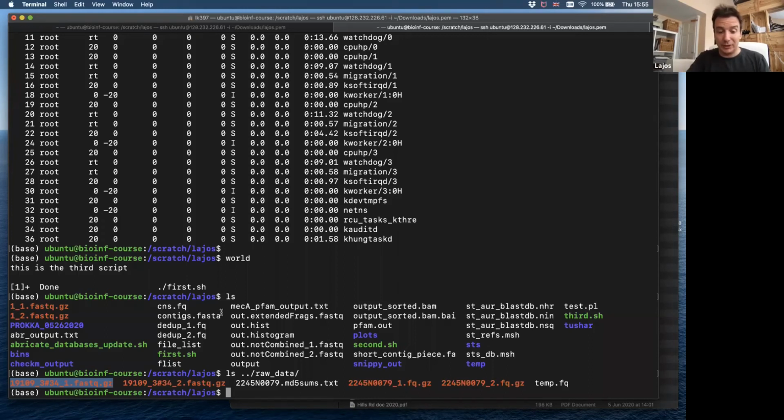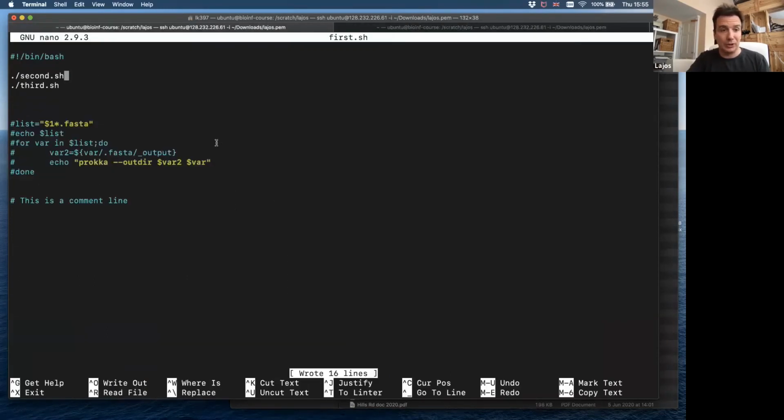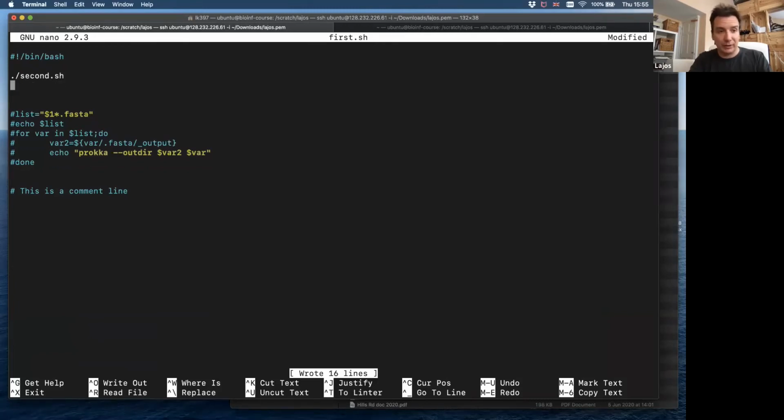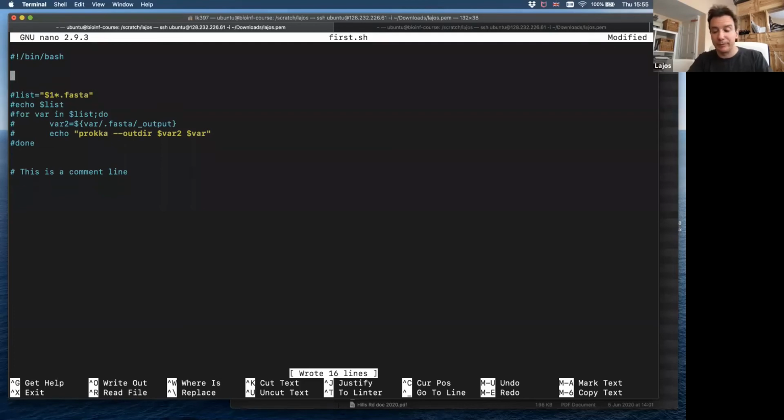So let's start with this. Let's start with the program, and now I'm just using the first.sh. You can delete lines in Nano by pushing Ctrl-K. The whole line can be deleted. Okay, so also if you are starting writing a script, it's always good to start with some comment. This script will assemble bacterial genome from raw sequencing